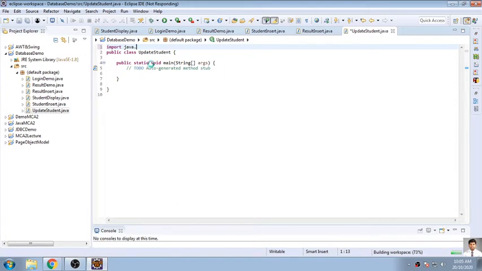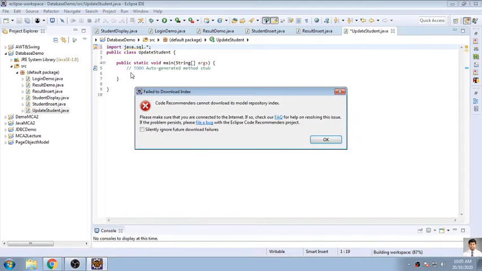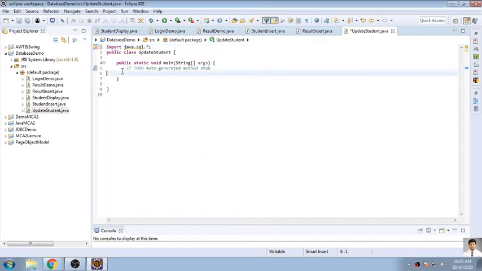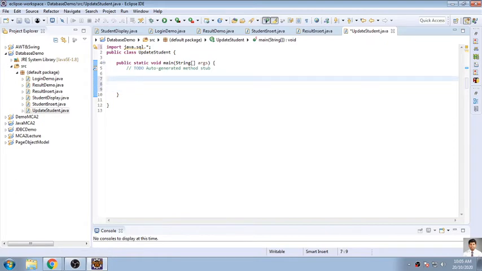One second, it is building. So you need to specify this. Then in your main function, I want a Connection con equal to null.